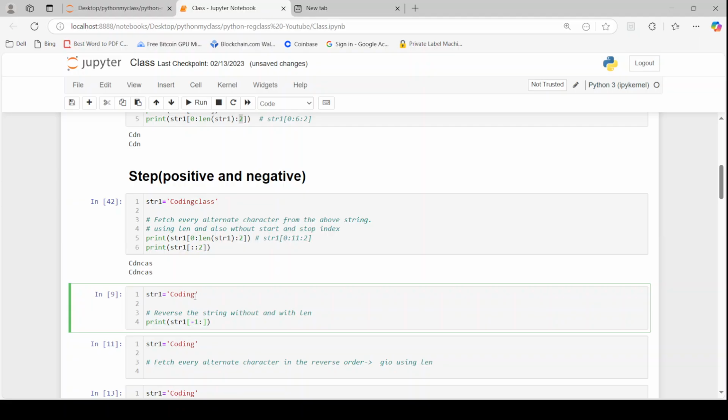Negative step means when you're going from right to left. So when you're going with a negative step, right to left, the index position starts with -1, then -2, then -3, then -4, then -5, then -6. In this case, the last index position is -6. So if I write -6 colon -1,